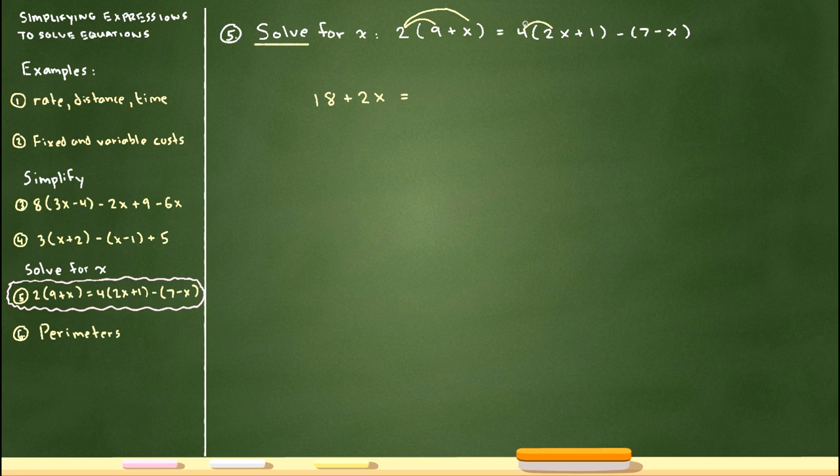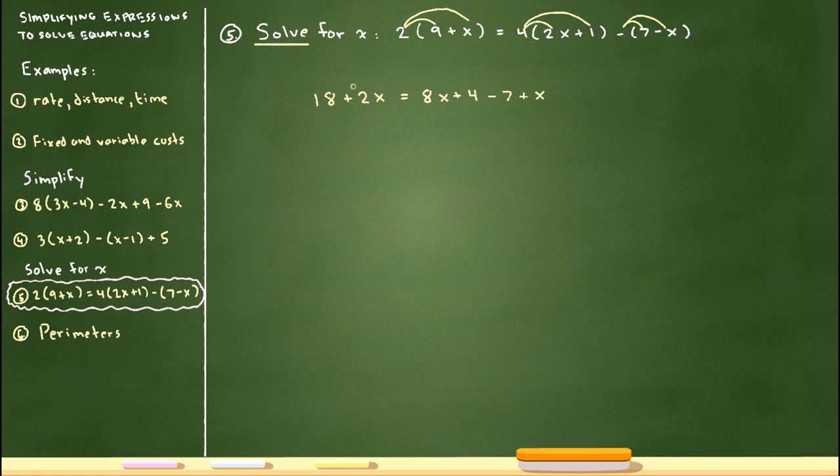We certainly could. So 4 times 2x and 4 times 1, we're going to get 8x plus 4. Okay, that's this piece here. And then we have a negation of 7 and a negation of negative x. So we should get negative 7. And negative x would be a positive x. Okay. So that distribution allows us to break down those parentheses, and that's going to allow us to combine like